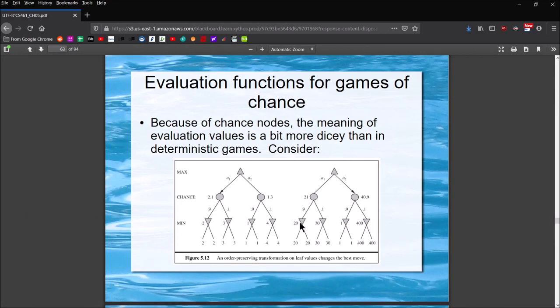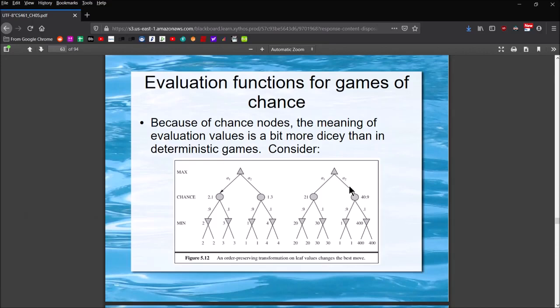There's a 90% chance of hitting 20 and a 10% chance of hitting 30. But if you come over on the A2 move, there's a 90% chance of hitting 1. Now only a 10% chance of hitting 400. But the value of that 400 position is so much that even with the weighting, the A2 position has a way better expected value of 40.9. So in that case, it would be best for Max to actually choose to take the A2 action, and so that's what it's going to do.